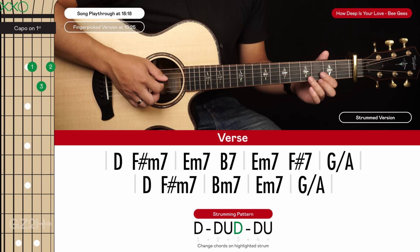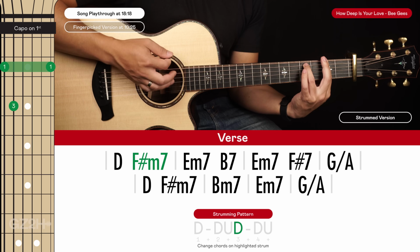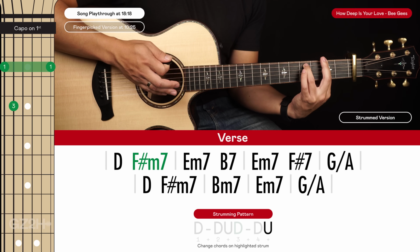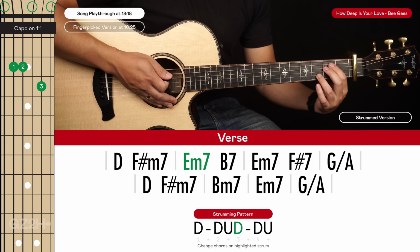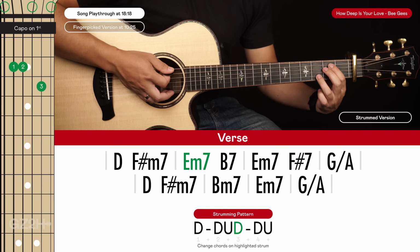So the D to the F# minor 7, 1 and 2 and 3 and 4 and... For our next bar, we have E minor 7. So it's the same as an E minor, but we just have our ring finger here on the third fret